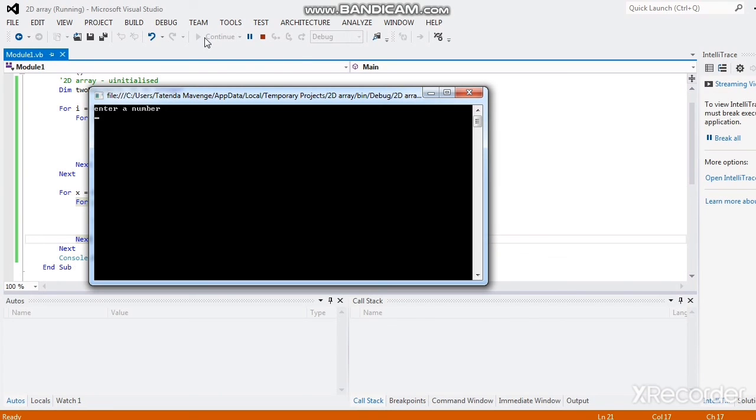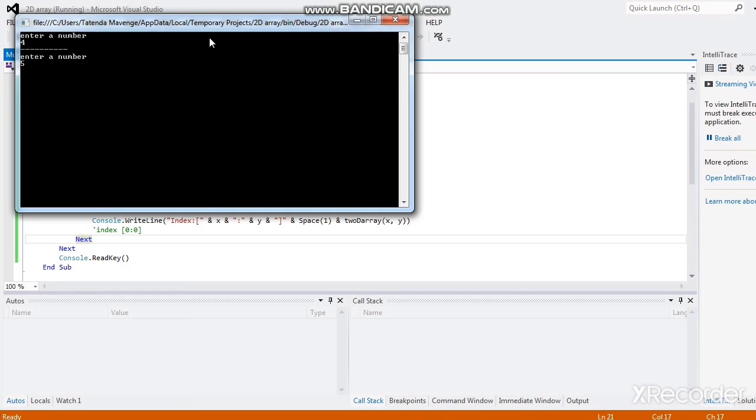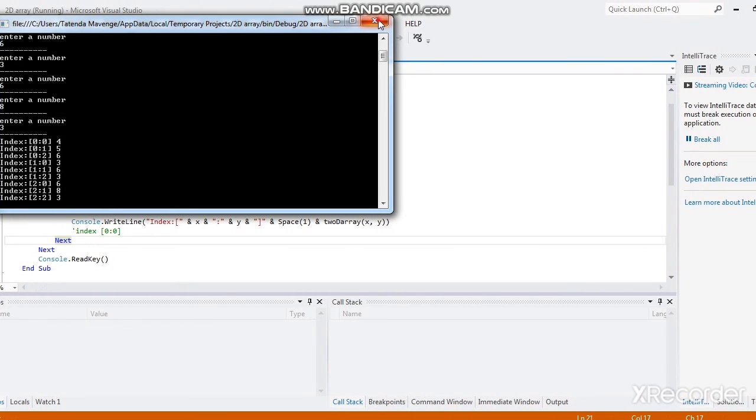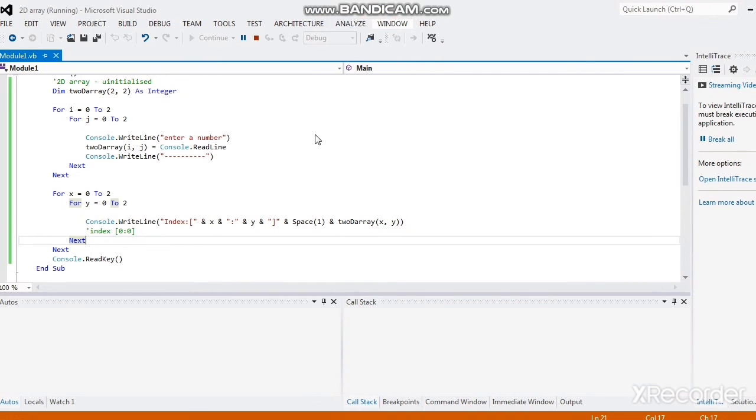Okay, so I'm just going to enter any number. So as you can see, at index 0,0 we have 4, and incrementing until we reach index 2. So this is how it is. These will be our rows. We have rows 0, 1, and 2. These are 3 rows, and we have columns 0, 1, and 2. These are 3 columns again. So basically, we have done justice to our code, and when you do that, you can just exit and you're done. But then now we need to work on an